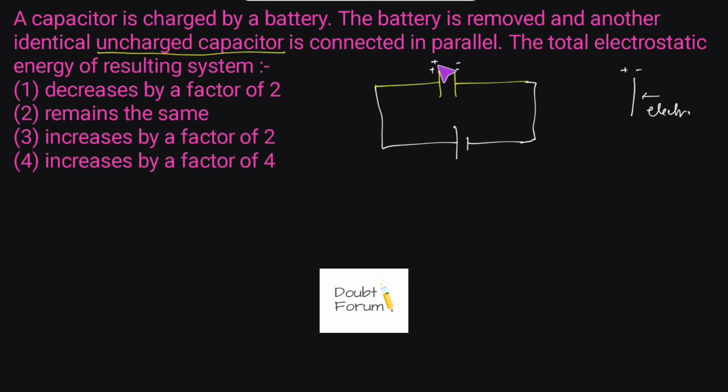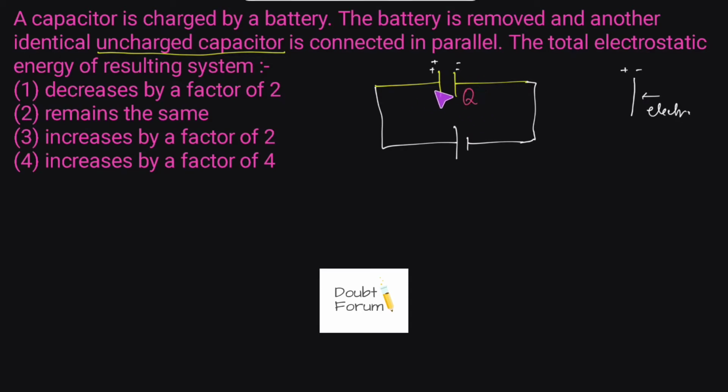So as we can see, with this appearance of charge, the battery is doing some work. Whenever we connect a battery, the battery will do some work to create a charge in this manner. That work done by the battery, the external agent, is stored inside the capacitor as potential energy, and we call it the electrostatic potential energy. So in this question, what is happening? Initially the capacitor is connected across this battery. When we connect a capacitor across the battery, a certain amount of charge, let's say Q, will appear across the capacitor plates, or we can say this is the charge stored inside the capacitor.